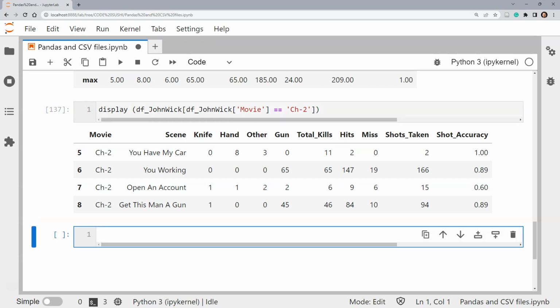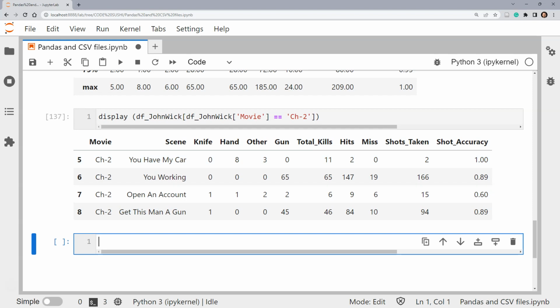All right, here's some really cool stuff. All right, so let's say that we're looking at the data here, and let's say that I wanted to get just basic sum data of like, what is the sum total of all the knife kills, hand kills, other kills, etc., and then the total kills column. So we have an option here to get that in our display, is that we will say, give me the